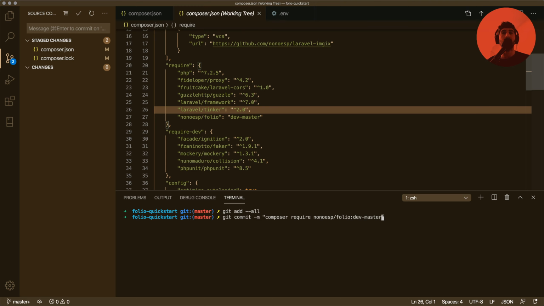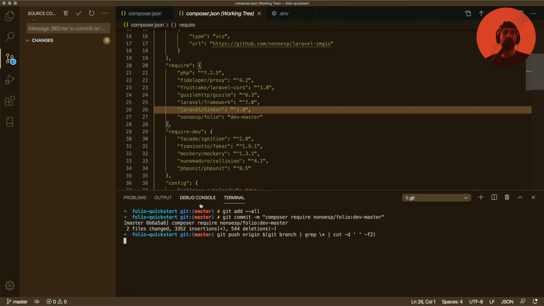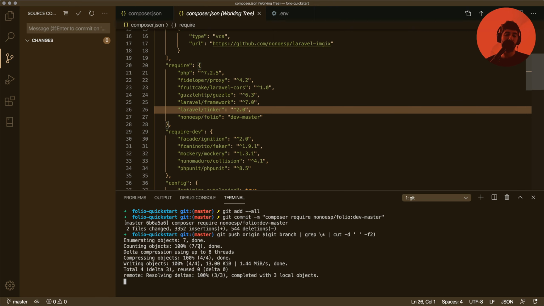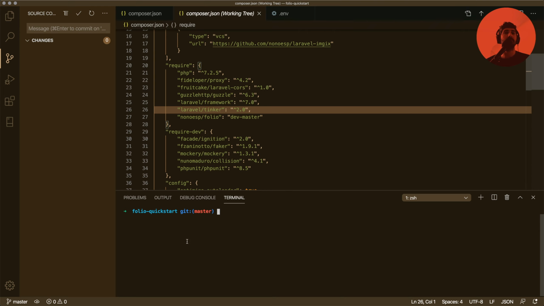When the change is generated by a command, I like to just write the command there, because even if a lot of stuff was done there, the user can make more sense of it: okay, somebody has run this install command or this require command, instead of doing all that stuff manually and thinking that you have to do really complex stuff there. Sending that to GitHub. And this is also going to give us a clean slate changes page, because when I do php artisan folio:install,